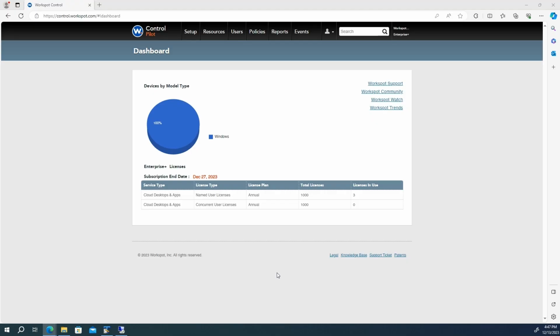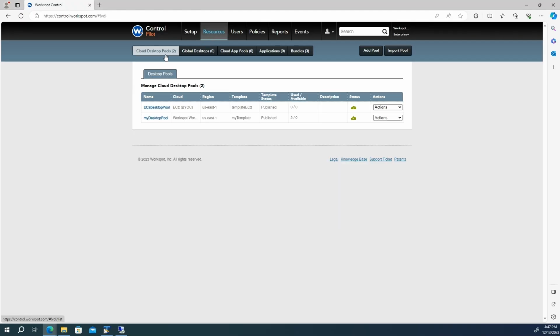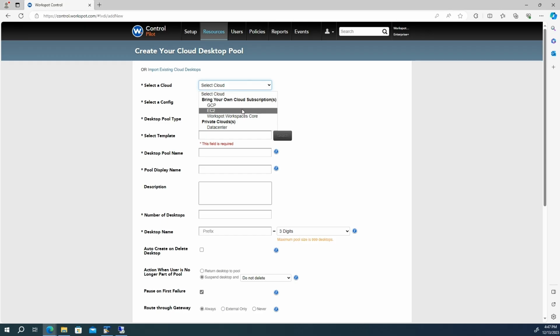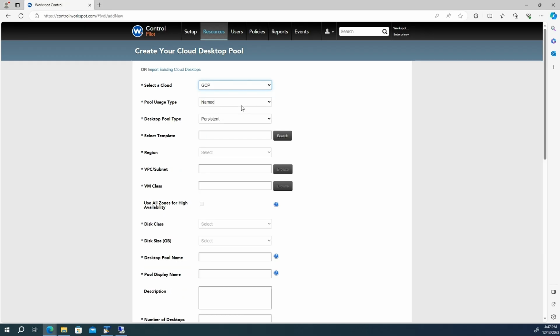This guide will help you set up a Workspot cloud desktop pool on Google Cloud Platform, GCP. Begin in Workspot Control by going to Resources, then Cloud Desktop Pools, and click Add Pool. Choose GCP for your cloud configuration. Next, select your pool usage type and desktop pool type,